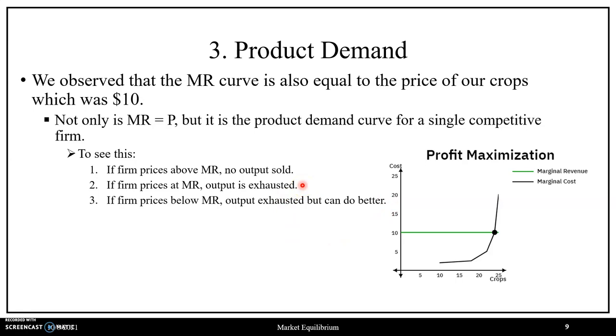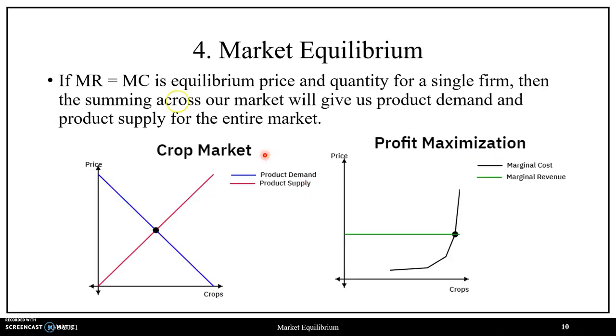So in this instance, we have established that the horizontal marginal revenue curve is the product demand curve for a single firm. Now, if marginal revenue is equal to marginal cost is the equilibrium price and quantity for a single firm, then summing across the entire market, this will give us the product demand and product supply for the entire market. Where here on the left, we have the product demand and product supply curve for the entire crop market,